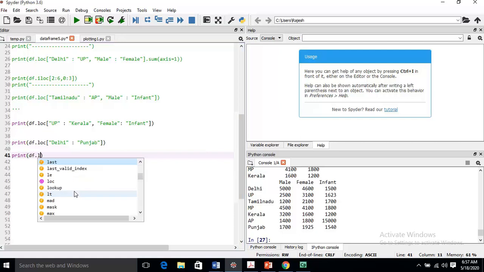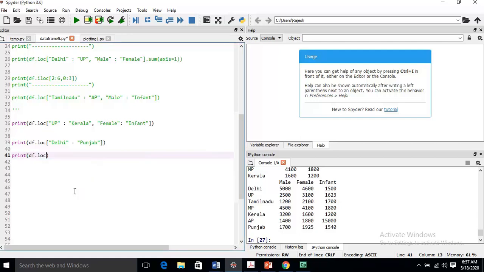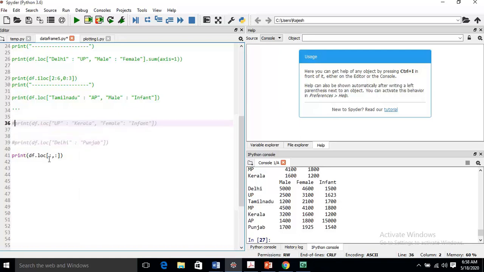Because I have to show all the data, I think I can use the same method like this. So what will I get here, you just see the result, because we require all rows and all columns, we can use colon comma colon.